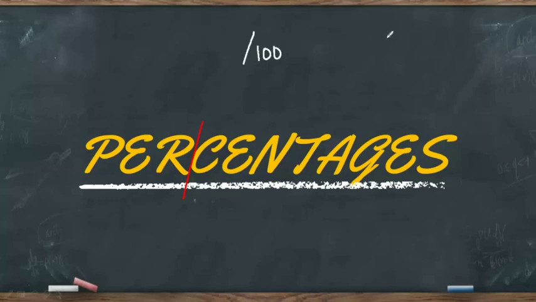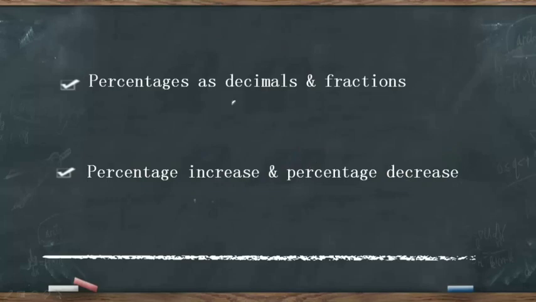Percent. So it indirectly says that the root word cent means the number 100, like the word tri means 3, right? Similarly, the root word cent means 100. Now, let's get into the concepts which are nothing but how to represent percentages as decimals and fractions, and percentage increase and percentage decrease. How do we calculate these two terms?